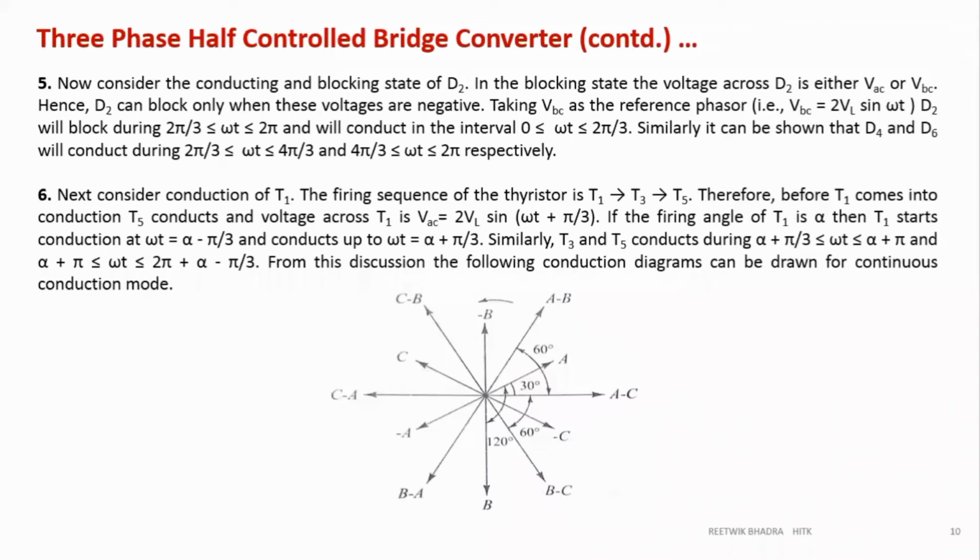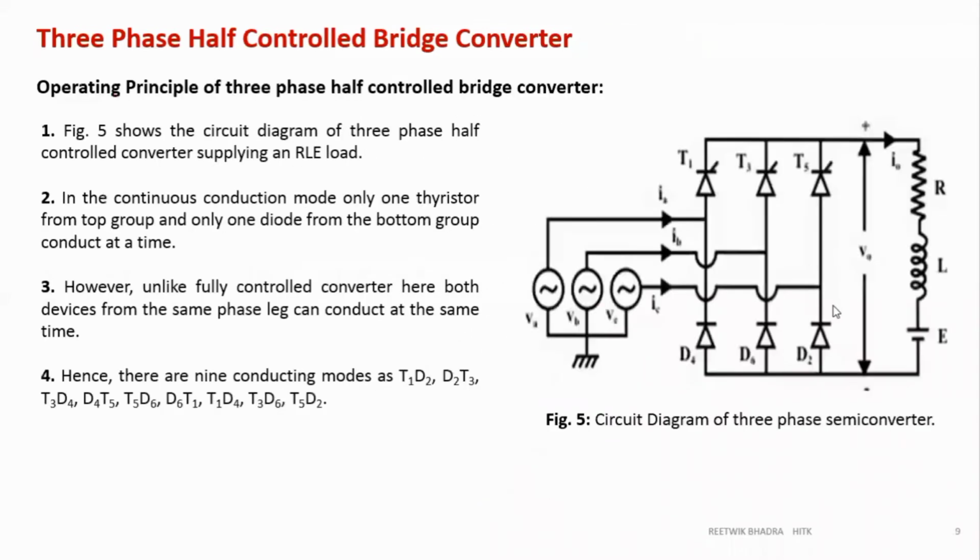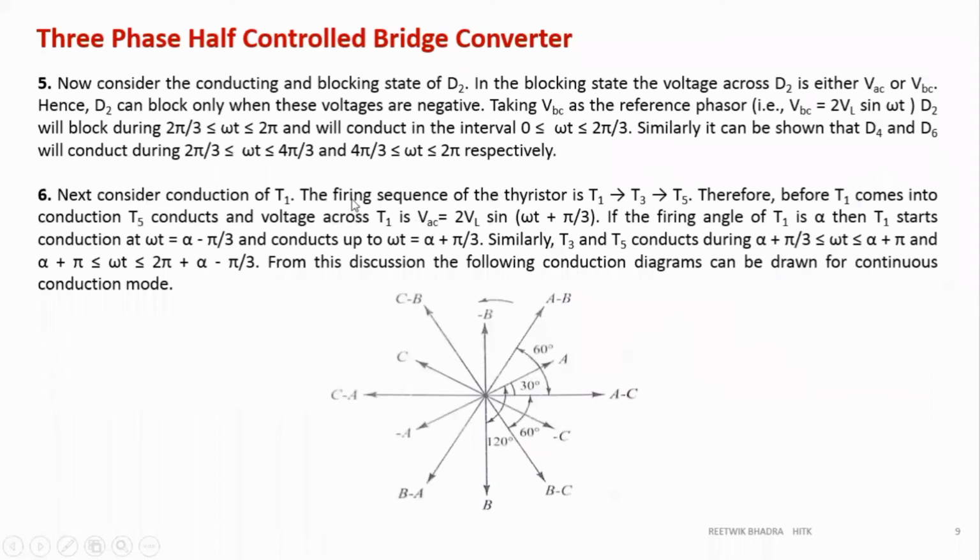What are those fixed values? Now, if you consider your D2, when it is off, the voltage at this point is the C potential, C is coming over here. So if I keep a voltmeter between these two, VBC, VAC act across this D2 and make it reverse biased. How will it be reverse biased? When VBC or VAC is negative, then only my D2 will be off. So when VBC or VAC is negative, my D2 is off. That is my explanation over here.